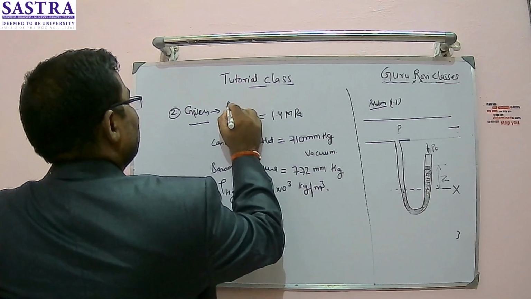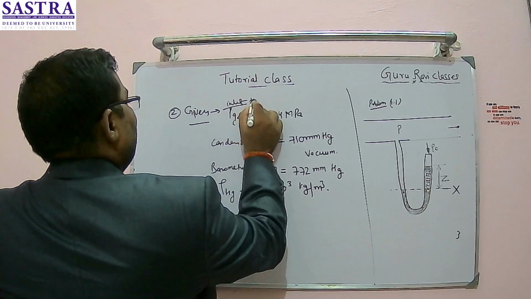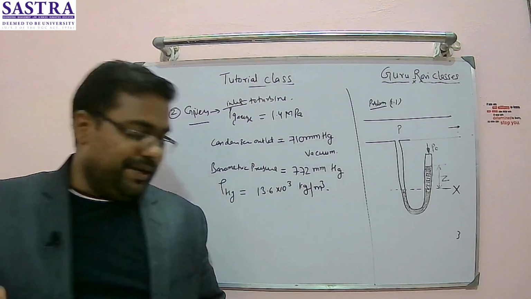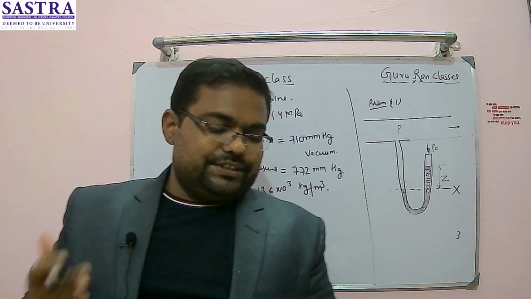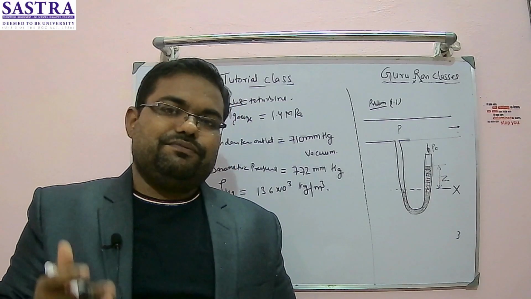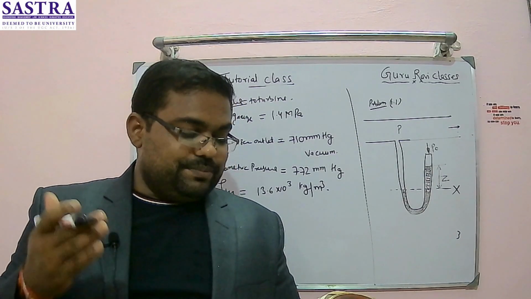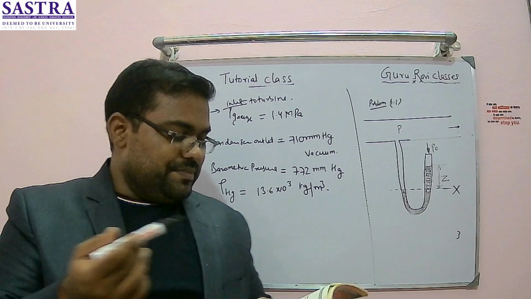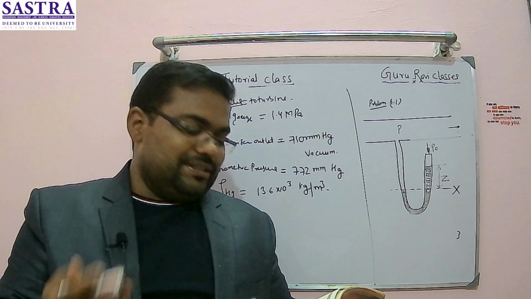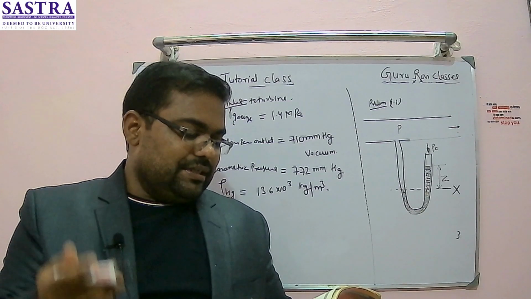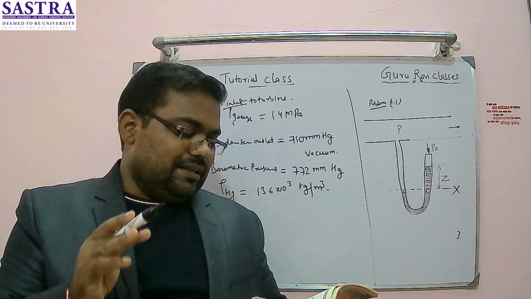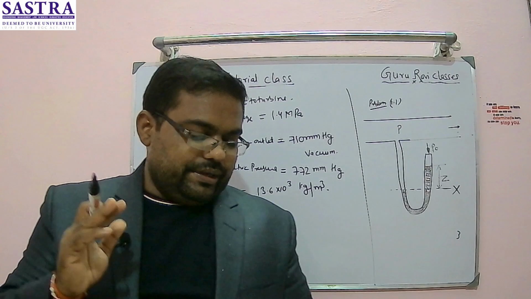So this is the inlet pressure basically to the turbine. Inlet to the turbine is happening at gauge pressure 1.4. Again I am repeating, a turbine is supplied with steam at a gauge pressure of 1.4 megapascal. After expansion in the turbine, the steam flows into the condenser, which is maintained at a vacuum of 710 mm of Hg. Barometric pressure is 772 mm of Hg. Express the inlet and exhaust steam pressures in pascals absolute. Take the density of mercury as 13.6 × 10 to the power 3 kilogram per meter cube.